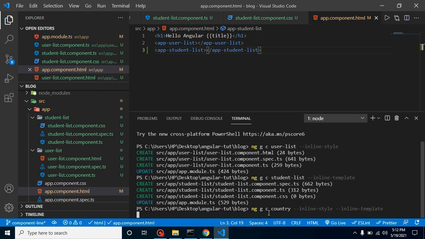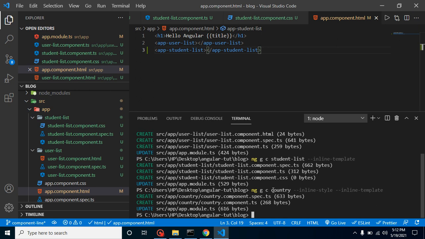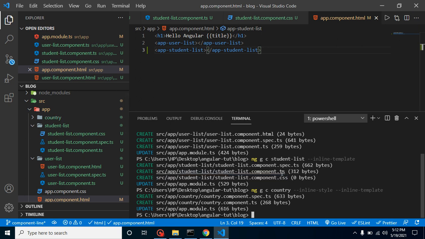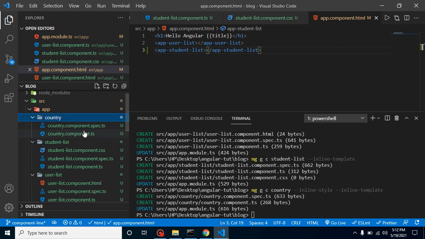Now you will find there are only 2 files, one for CSS, the second one for TS. There will be no HTML file. Here you can see that.